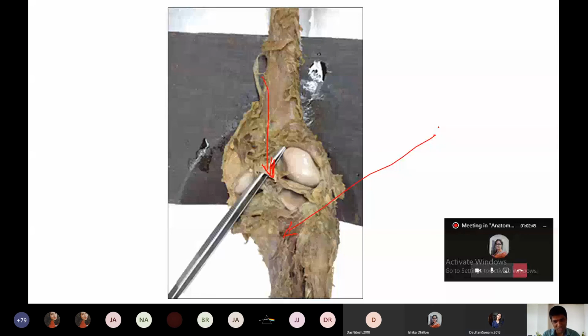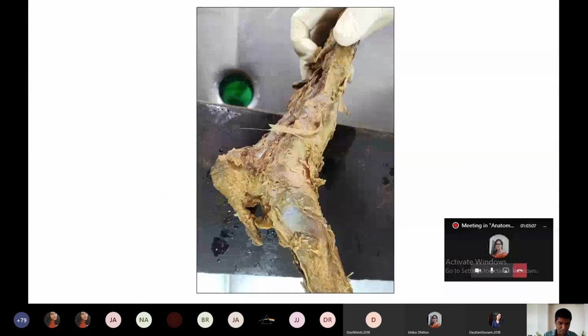Popliteus. Very good, very good. Some of you are enthusiastically listening to me. It's nice and encouraging to me. So this one is the popliteus. This muscle is the popliteus. Very, very important, again for sportspersons, because of its significant importance for moving the knee joint. Without this, we cannot move the knee joint. The reason you know how it is. Okay, now I think we are reaching towards the end.